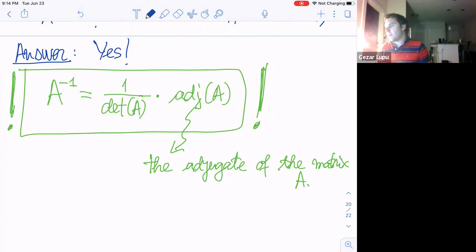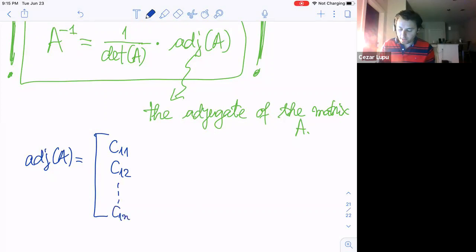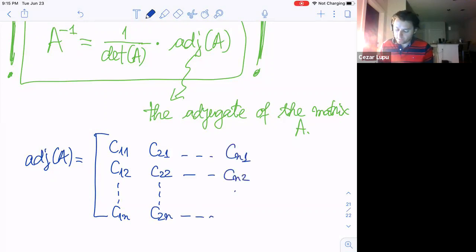So the adjugate of A, let me just define it, is nothing else than just the cofactor matrix, but transpose. So you take the cofactors C11, C12, but you put them on the column, C11, C1n, then C21, C22, C2n, and you keep going, Cn1, Cn2, Cnn,